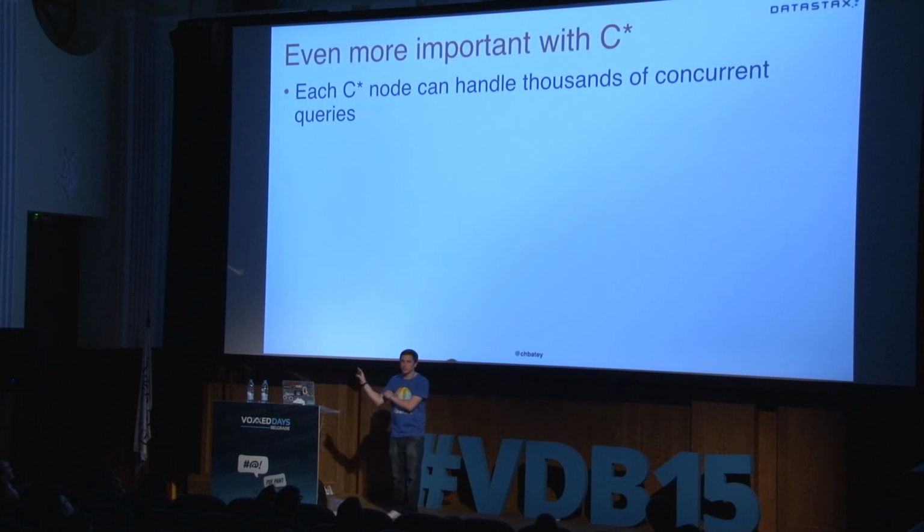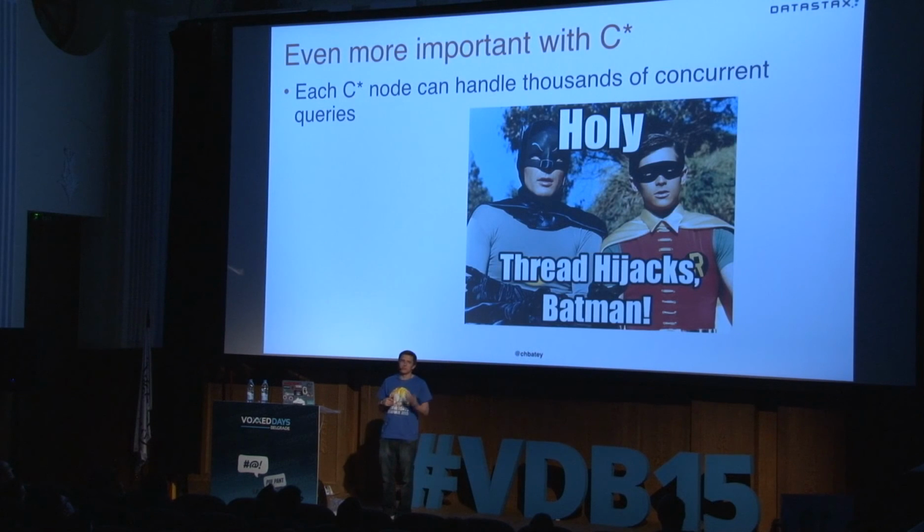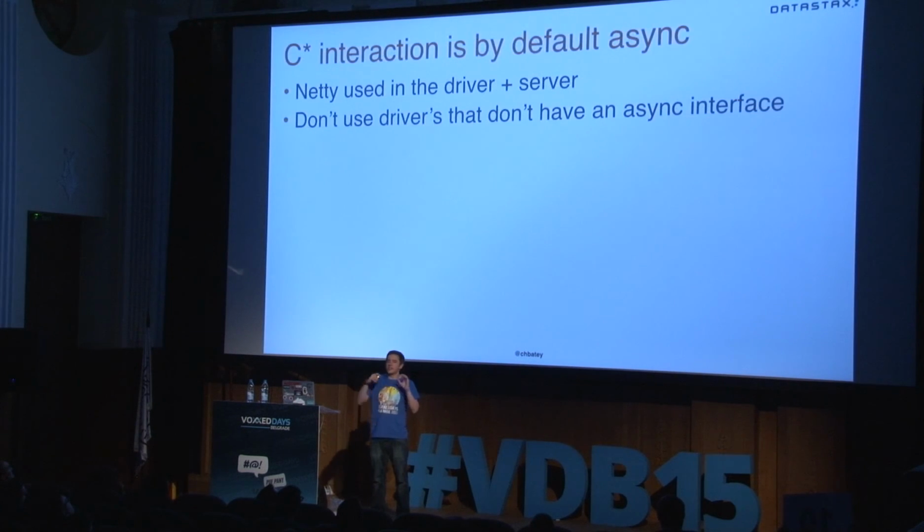And this is exceptionally important when we're dealing with any system. It doesn't matter if it's Cassandra that can handle many concurrent requests. It could be a cache, it could be your database, it could be a queuing system. So you've got to start to think about it, because otherwise we're just letting it hijack our thread and bad things are happening. So Cassandra itself uses Netty inside the driver and the server side. So it is asynchronous on both sides. It's what allows it to run many concurrent requests across the same TCP connection.